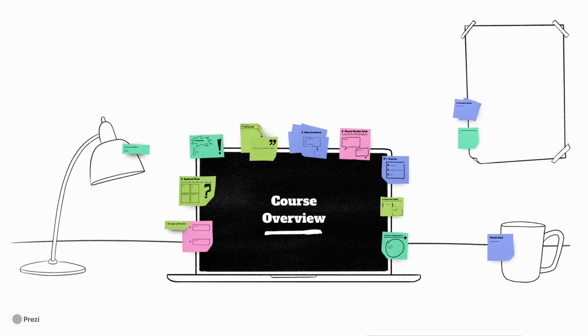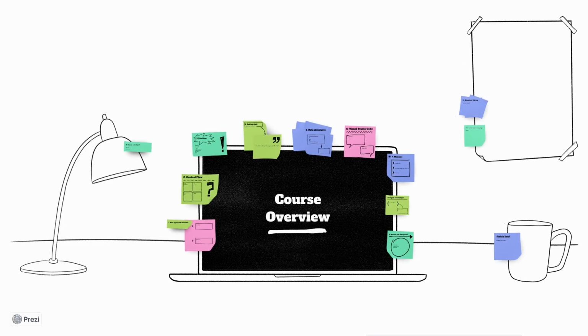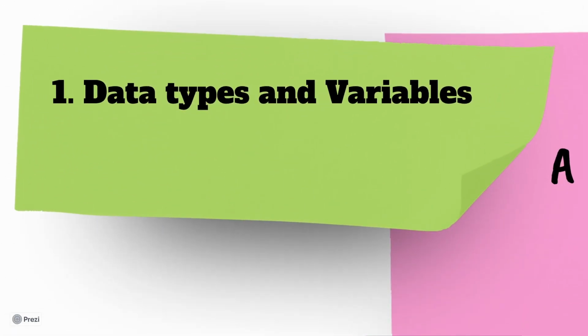Mastering the basics of Python requires a grasp of 12 topics. Yes, just 12 topics, each one of which will take about 30 minutes to an hour. We will start with understanding how Python handles numbers, text, lists, etc. We refer to these as data types. And we'll learn how to store these data types into little boxes called variables.